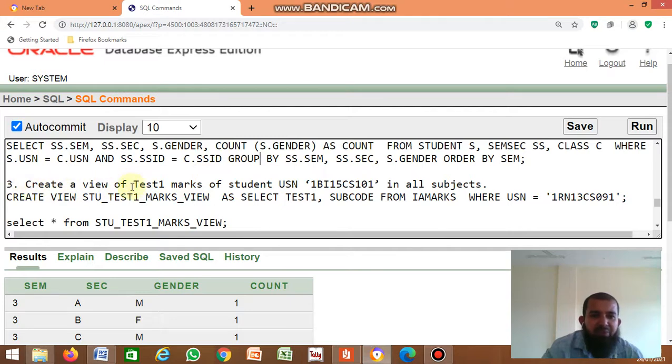Third one: create a view of test 1 marks of student USN 1RN13CS091 in all subjects. While inserting the values, we inserted this USN number, so we'll consider this USN number. Just create a view, student test 1 marks view, as select test 1, subject code from the IAMarks table.